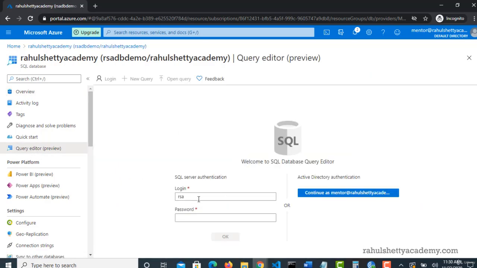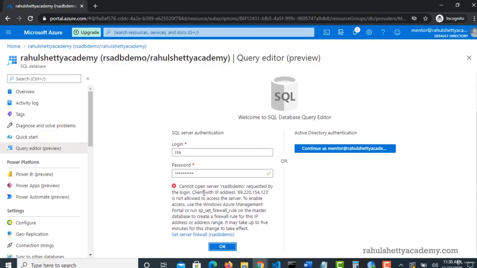It is asking for login and password, which you just created. So enter the login, and give the password. Click on OK. And here it's telling us that it cannot open the server requested by this login because we have to add this IP address to the server. It will virtually create one IP address for you. So you should add that into a firewall rule so that you will be able to log in and query this SQL server. So just go to this set server firewall,